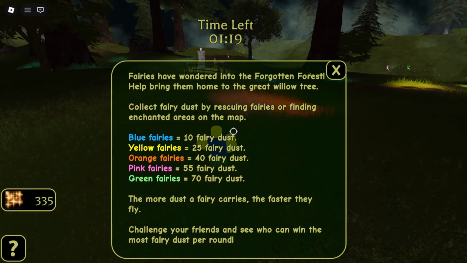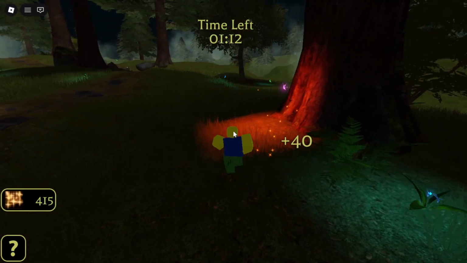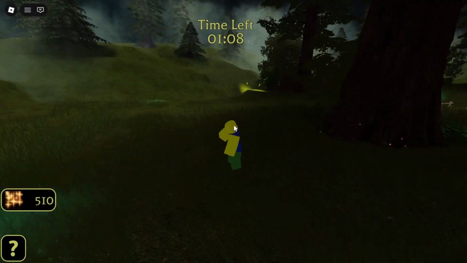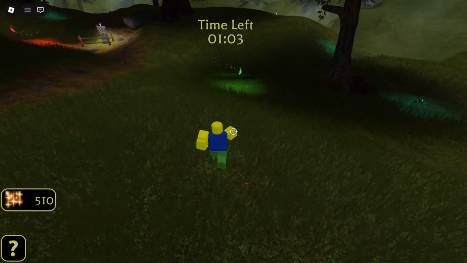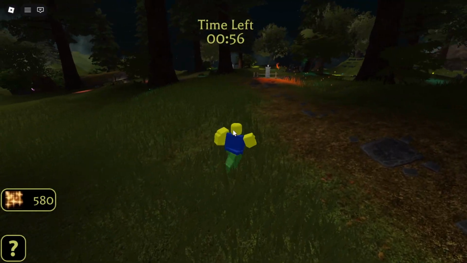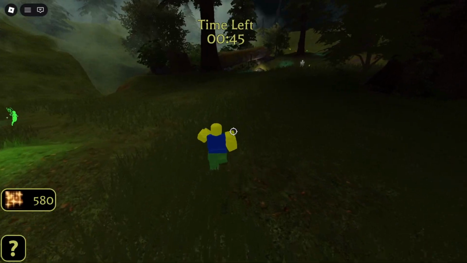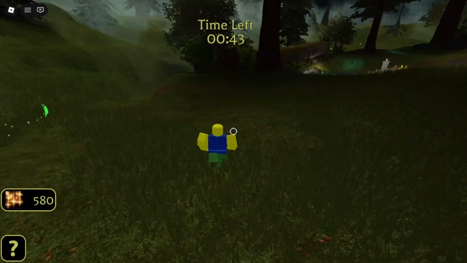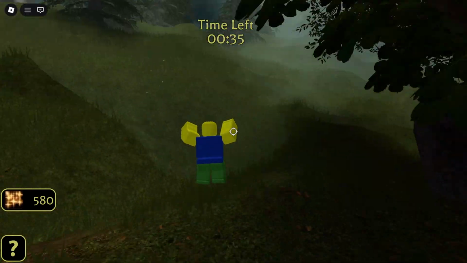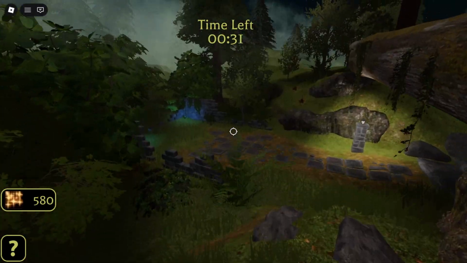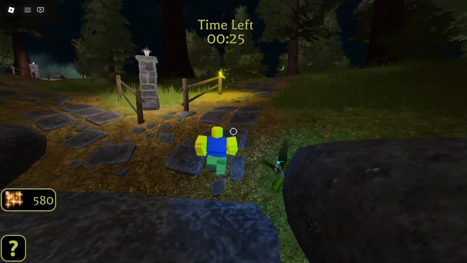Where are the orange guys? Look at that. Fuck. What, that green one? Come this way. Okay, I'm actually making some decent progress. As soon as I start running away from you, I'm not gonna be able to catch up. But you are somewhat leading me to where they are, so I'll keep following you. You can't climb that. You just disappeared. What the fuck? It's not fair. Yellow, come here.